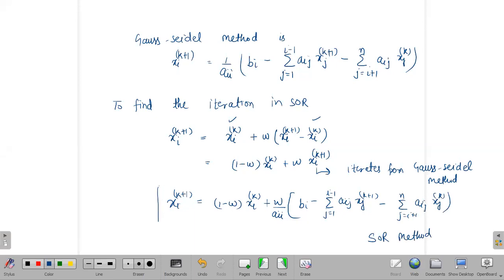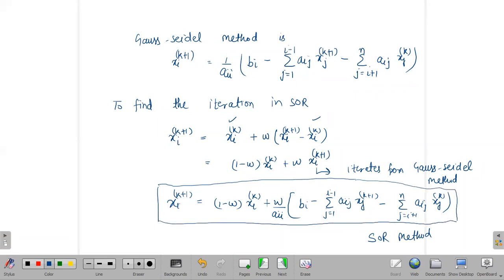You remember this formula. No need to do anything else. Omega will be given to you, and you just use this formula, because up to this point it is the Gauss-Seidel only, and you have to multiply it by this omega, and then add one term also. So this is the extra thing you have to do.